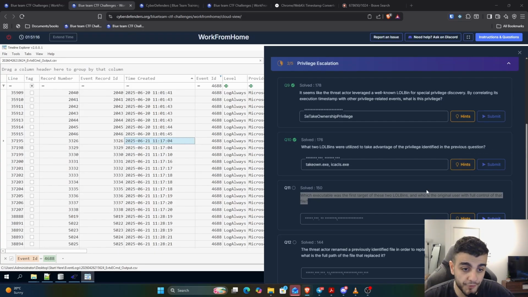Which executable was the first target of these two logins, and who was the original user with full control of that file? Let's first think about what we know so far. We have two executables that are taking advantage of the SeTakeOwnership privilege: takeown and icacls.exe, which modify the ownership and the permissions of files. We have to check